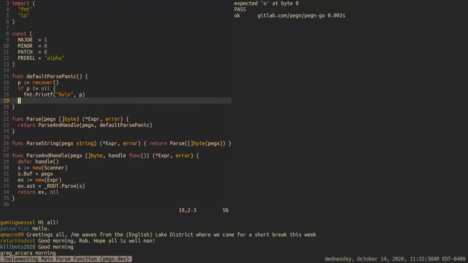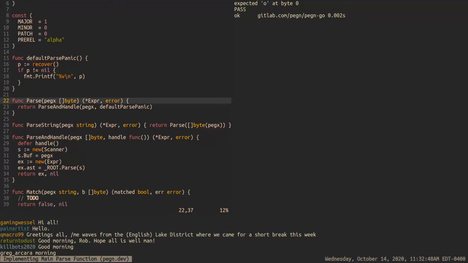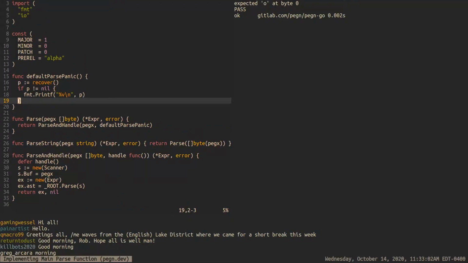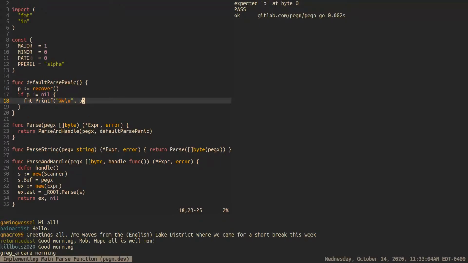set some sort of error, but the only way for that error to be communicated would be to set it on, well, since these are functions, the only way for that to be saved would be inside the package space, and I don't want to do that. Because it's non-functional, it's a total hack. So for example, if instead of printing this error,